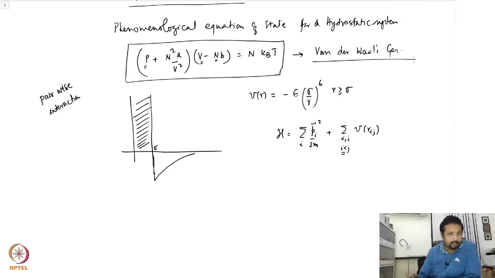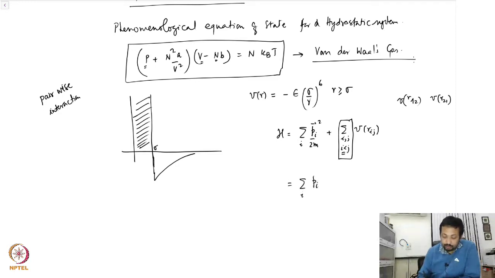But there is no harm in double counting. For example, I can consider V(r_12) and V(r_21), that is perfectly fine. The only thing I have to ensure is that if I get this restriction out of the picture,